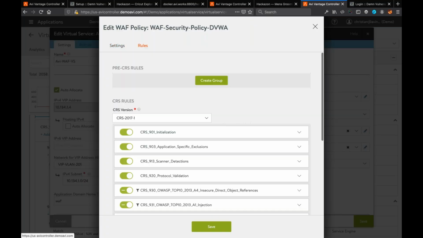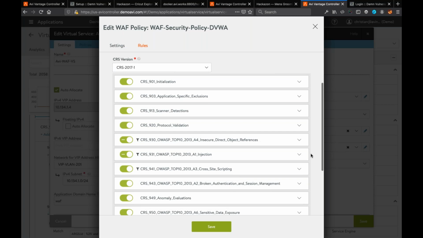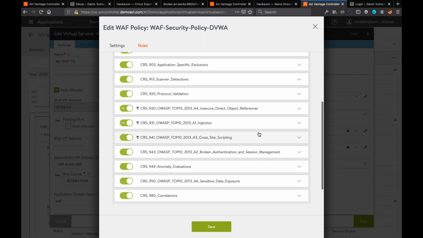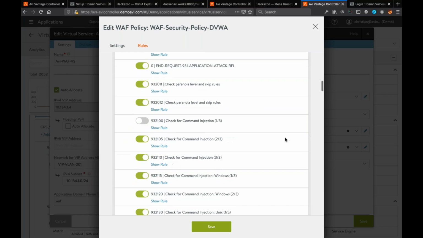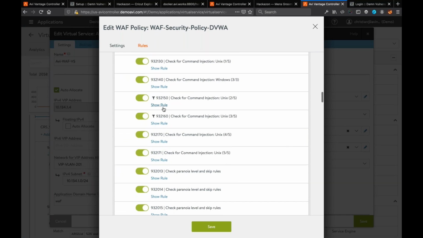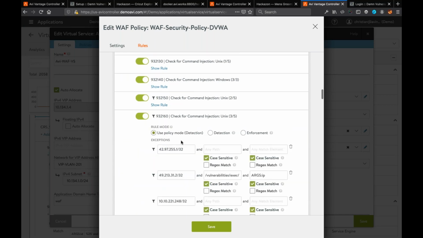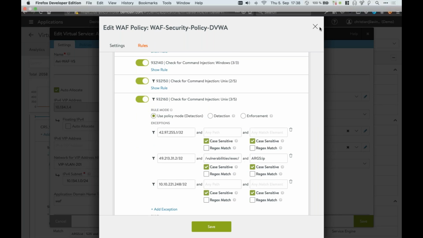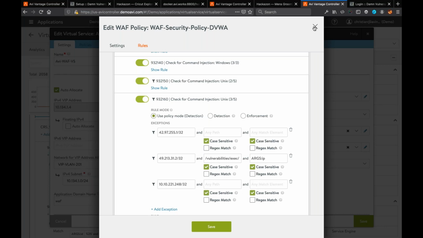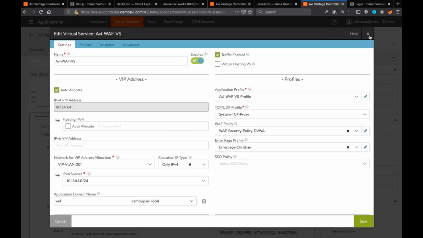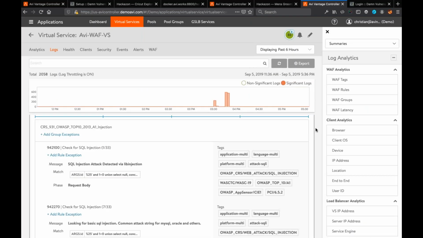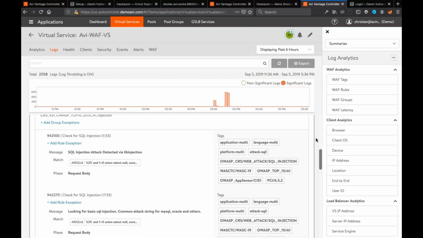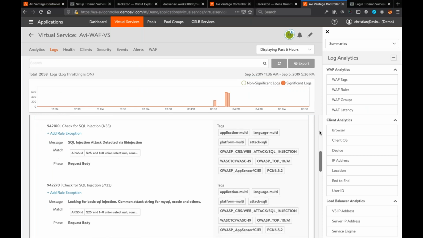So here we'll have these little funnel symbols now, which allow us to find the rule, and there's now an exception configured. So out of the log file, with the context that you had from the actual block, you can change the policy very quickly with this, with the exclusion tuning.